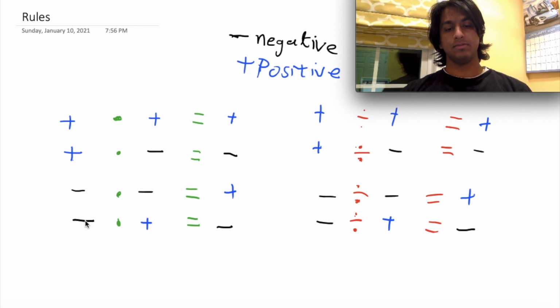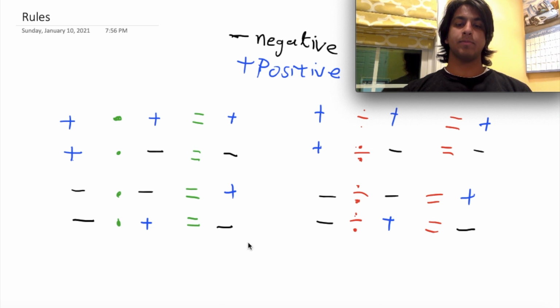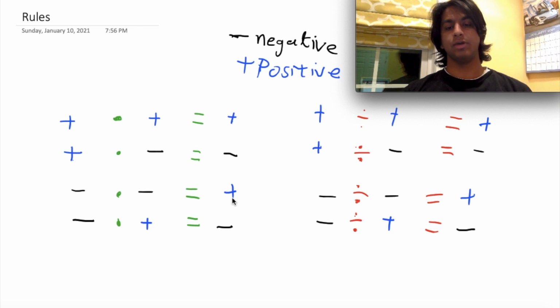And here's a negative. When you multiply it by a positive, you'll get a negative. And when you divide a negative number by a positive number, it'll remain negative. Okay? So just note that, think of a negative number like a diamond. The only thing that can break a diamond is another diamond. So the only thing that can take away one negative is another negative. So only when you have an even amount of negatives will you get a positive. Like right here we have 2 negatives, which is an even number, and you have a positive. When you have an odd number of negatives, like you only have one negative here, you'll end up with a